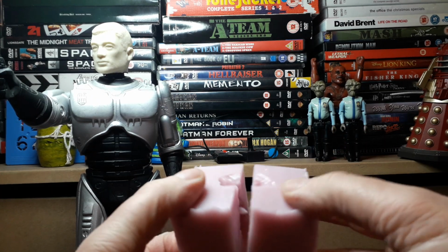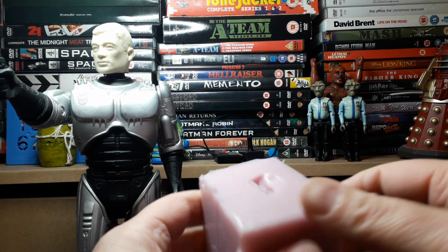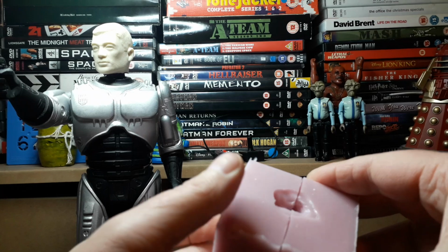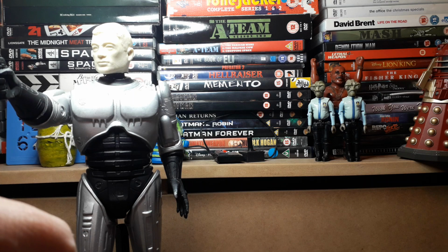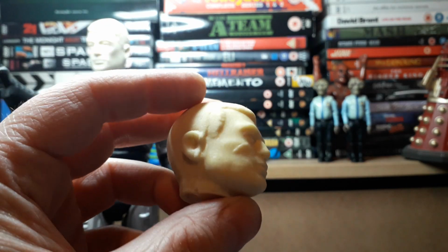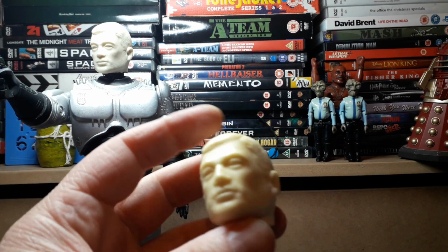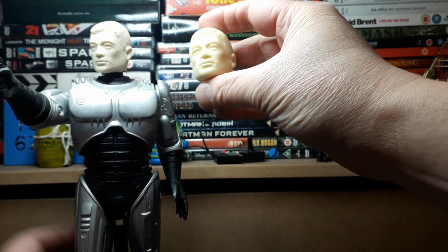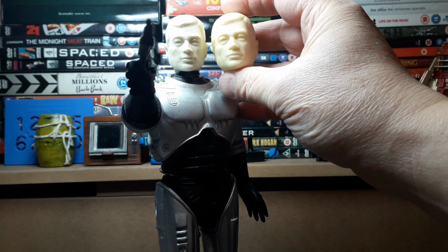So what I had to do was open it up and pour down and close up, and I had some unexpected results. Maybe due to that, maybe due to the fact that I had inaccurate quantities of part A and part B of the resin, because this was the first thing that came out of the mold. Had a lot of flashing that I've cleaned up most of it, and side by side with the head you see here, it is slightly bigger. You might not be able to see the difference on camera, but